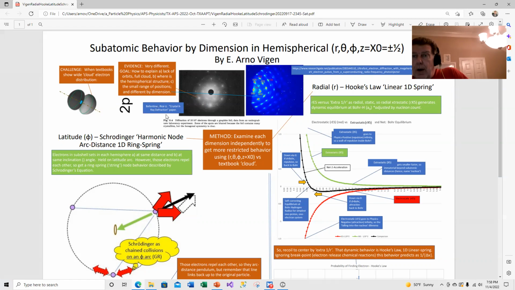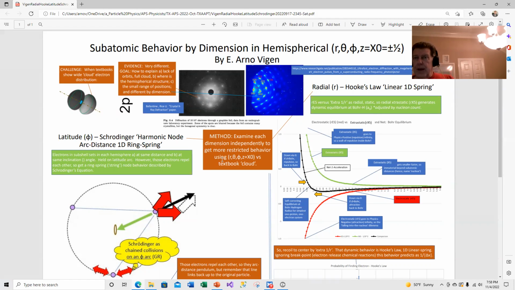All right, so now, what would make that happen? What is the subatomic behavior by dimension that gets you something that looks like this, even though the math looks like that extra 1 over r in Bohr for orbital angular momentum? So to do this, I'm going to examine each dimension independently as a more restrictive behavior within a